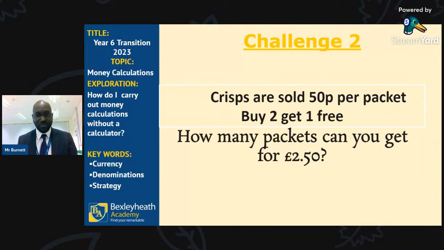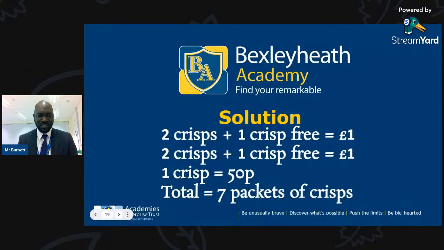Okay, great. So one thing we were meant to learn from the previous lesson is that I buy 2, but I get 3. Buy 2 and get 3. So let's start thinking how that works. And here we go. So here's our solution. You buy 2 crisps for £1, but you get 3. Buy 2 more crisps for £1, you now have 3 more.